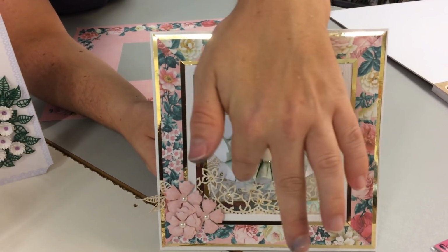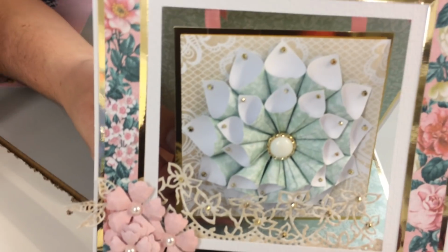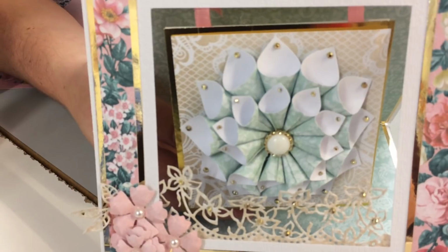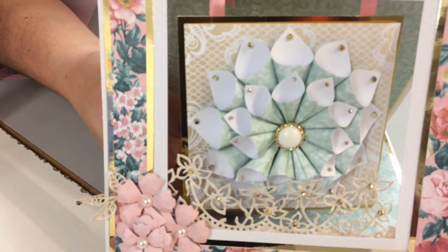And then I've added the smaller ones into the middle to make up my 2-level medallion. I hope that makes sense. It's not my idea at all. I can't take credit for this. It's something I saw on Pinterest many years ago, and it's something we've done in quite a few lessons here